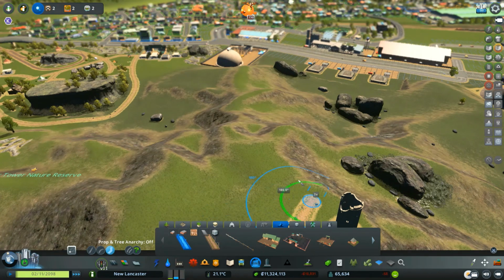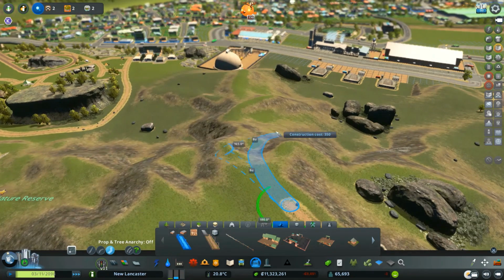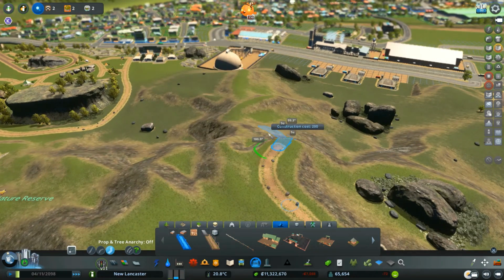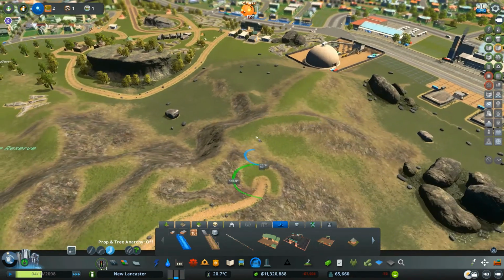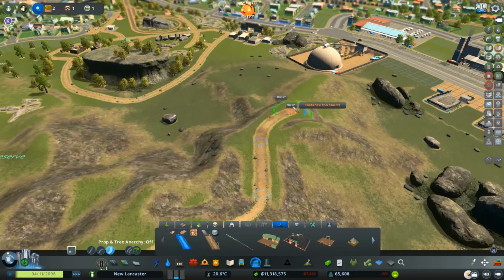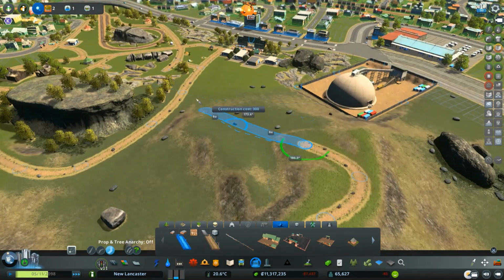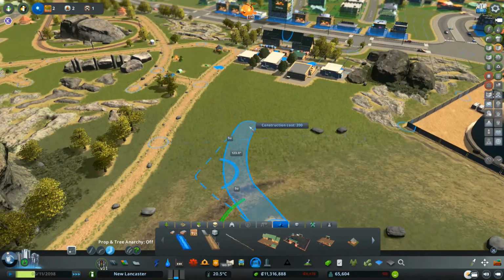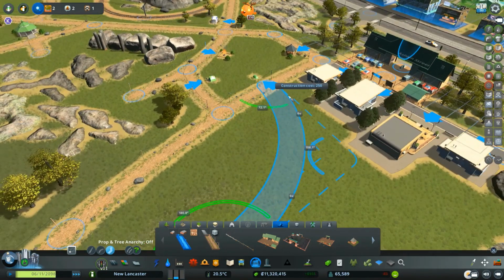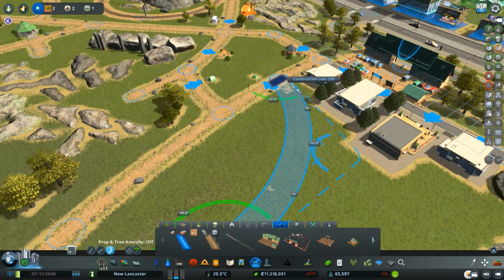Go to the freeform tool from here. And I feel like this is the pathway down. Just like that.